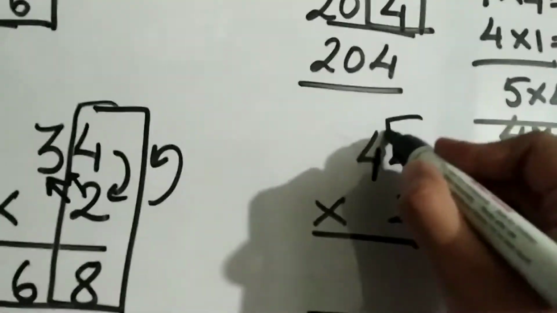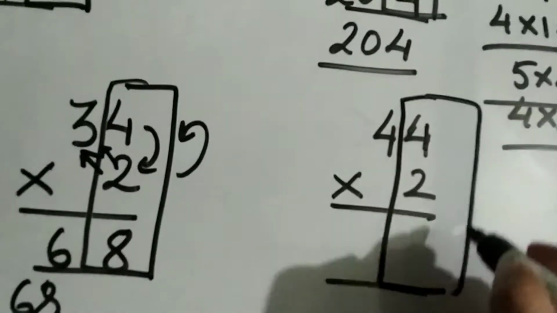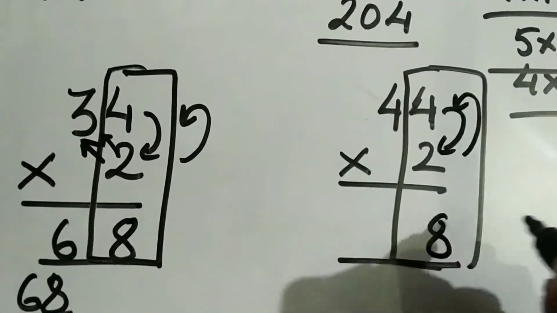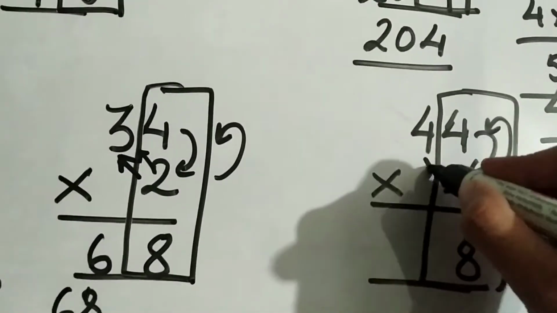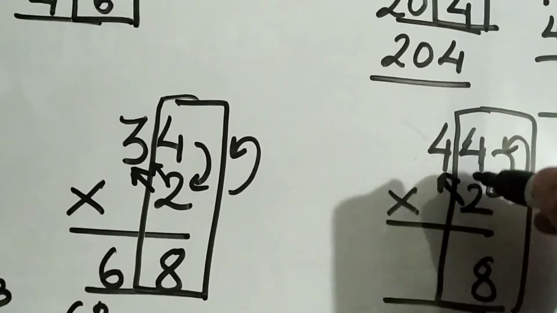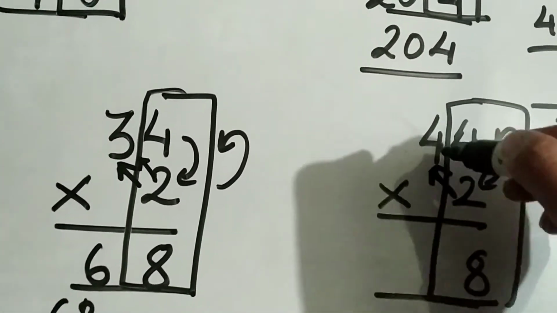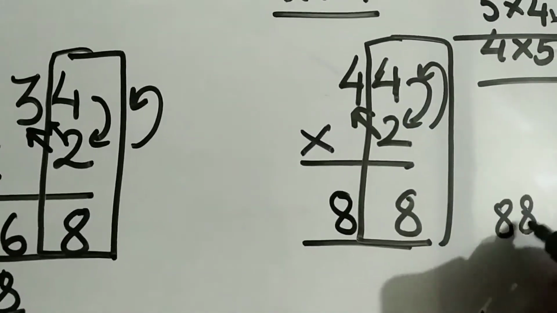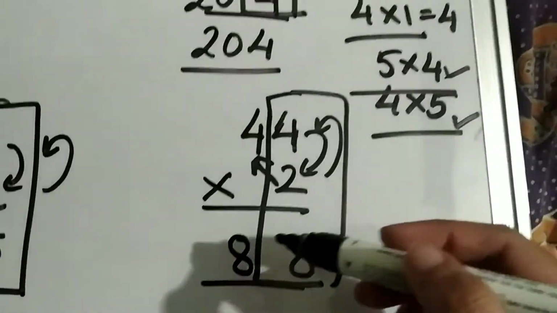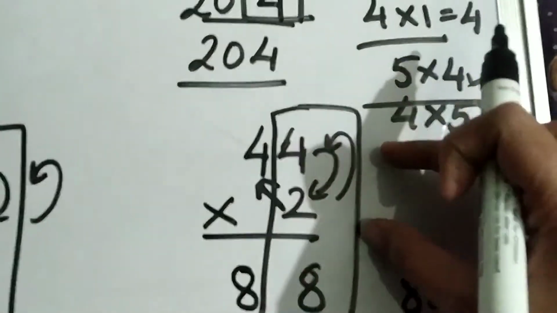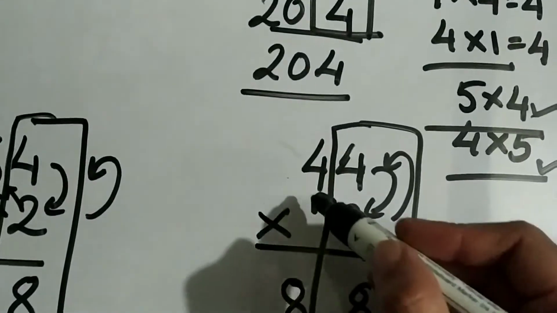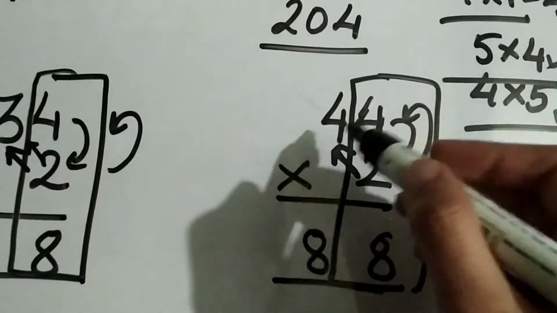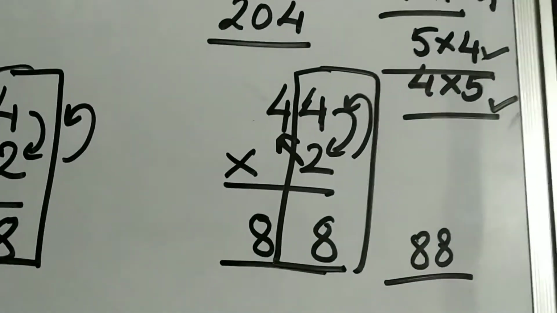4 twos are, we are going to take this part of the question. Both ways, 4 twos are 8, 2 fours are 8. So we are going to write down 8 over here. Then we are going to move diagonally. Both ways it is correct. So over here your answer is 88. Very simple. Again I have taken first this part of the question and then I have moved to the diagonal part. Diagonally, 4 twos are 8, 2 fours are 8. Both ways it is correct.